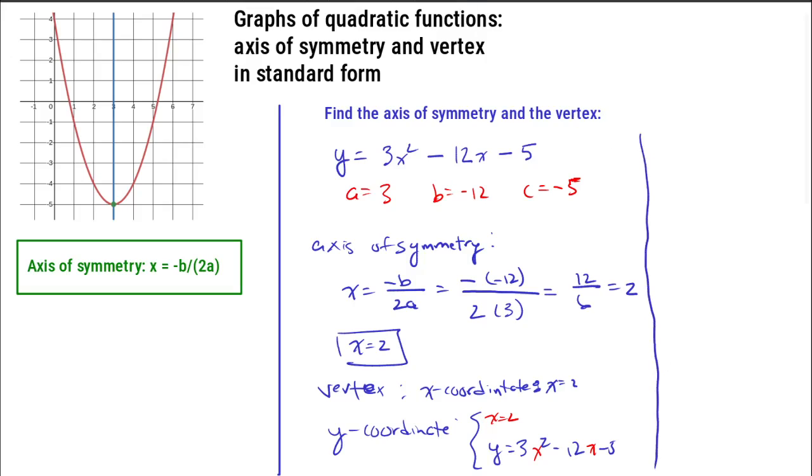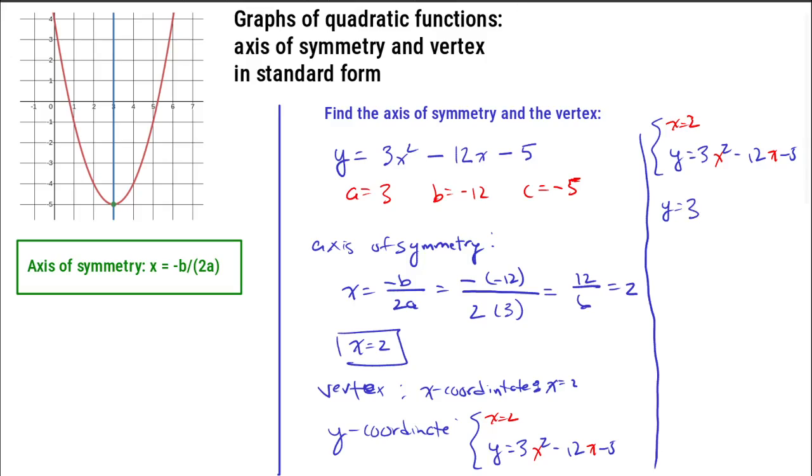Let me copy and paste that so I've got a little more room. All right, so putting these two things together, substituting in x equals 2 into our equation, we get y equals